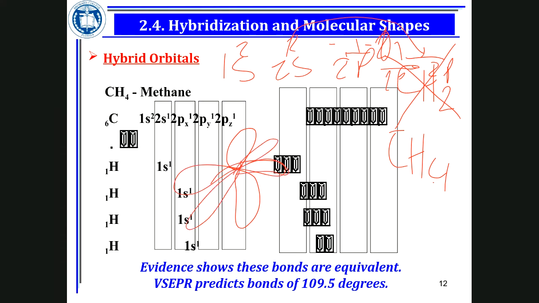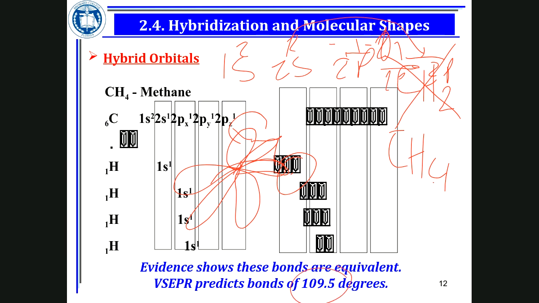Because the x, y, and z axes are perpendicular to each other. So if we had the px, py, pz forming bonds with the s orbital, the bond angle must have been 90 degrees. The px, py, pz are named because they are parallel to the x, y, z axes. So if we had the bond between the p orbitals before hybridization, the bond angle should have been 90 degrees. But when they measure the bond using X-ray, they find that it's not 90 degrees, it is 109.